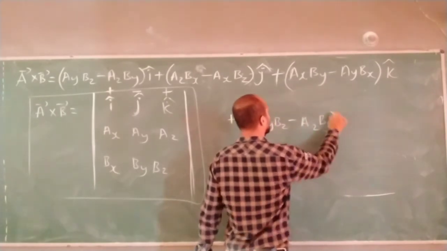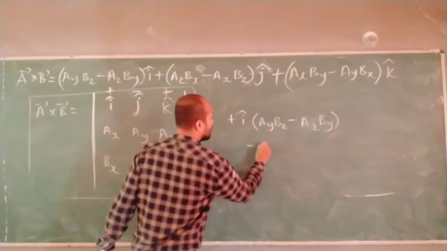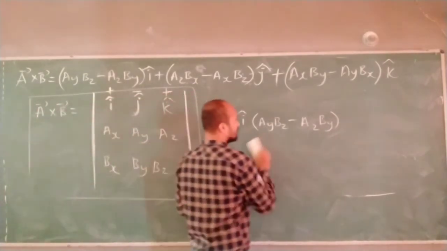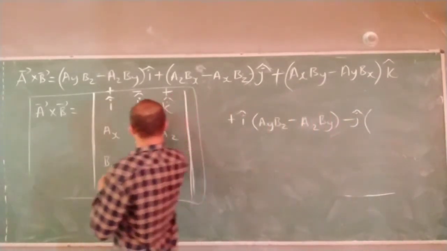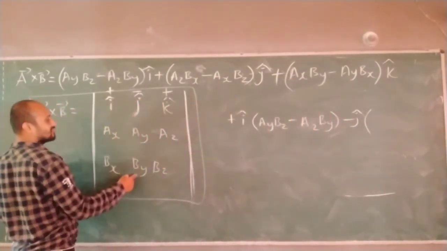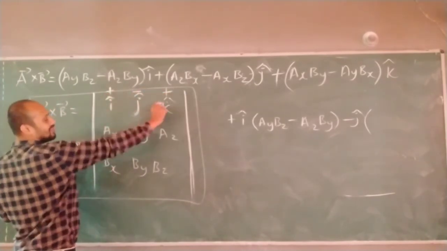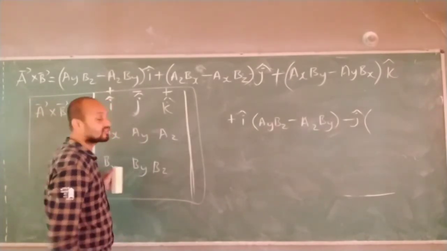Got it now? Plus i. Next put minus j cap. Continuation. When I have taken minus j cap, first thing is I am putting signs plus, minus, plus for this i, j, k. Correct? This is the method to find determinants.